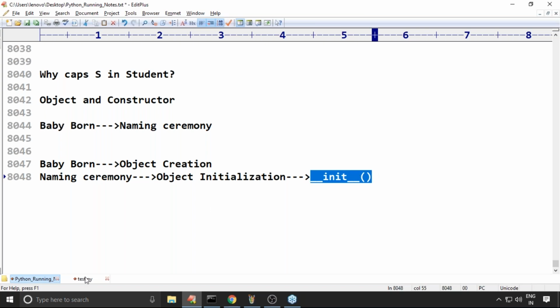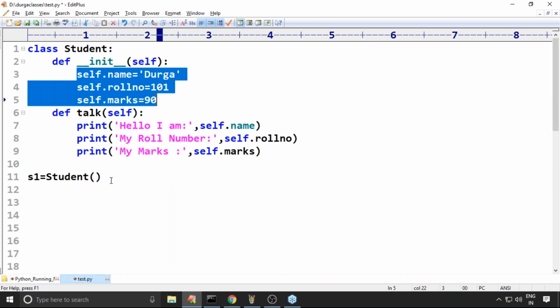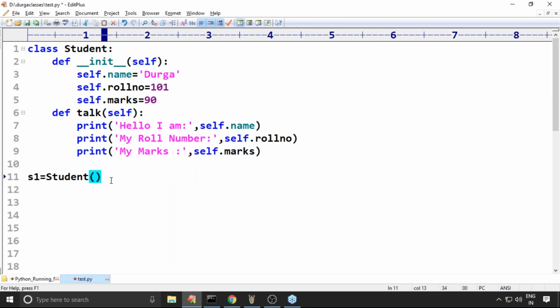Now see this one: s1 is equal to Student(), s2 is equal to Student(). How many Student objects did we create? Don't give a wrong answer, because whenever we write the class name with brackets, it is object creation.